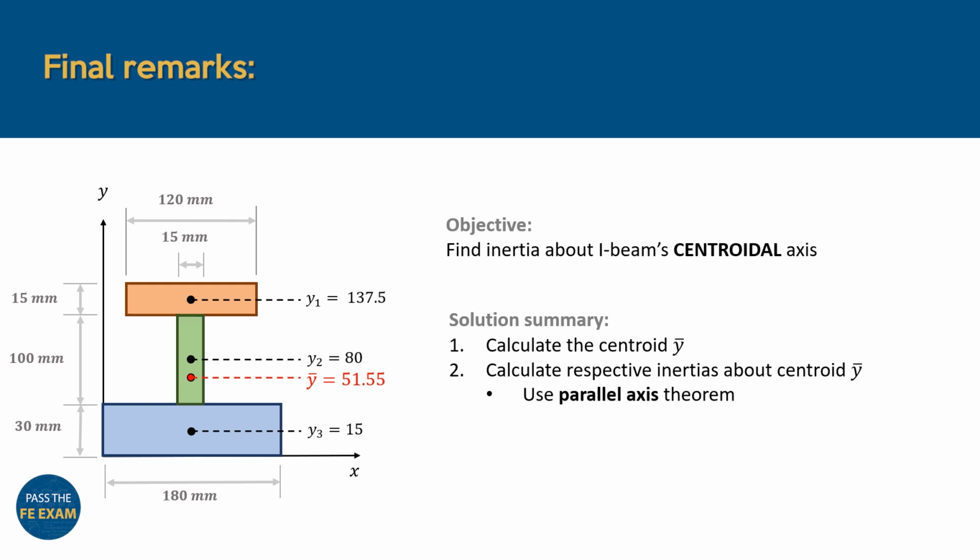once for each rectangle. But in order to apply this formula, we also had to compute each shape's inertia about its own centroidal axis. And we did this by using the readily available formulas provided by the FE handbook. Finally, we combined these values to calculate the beam's total moment of inertia about its centroidal axis. And there you have it. By breaking down the problem step by step, we used solid theory and practical application to solve for the I-beam's